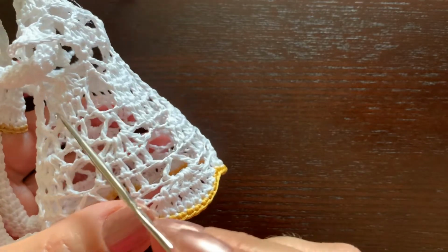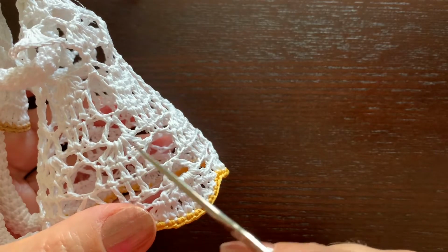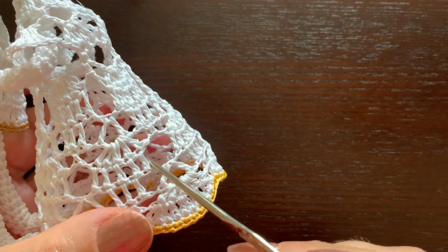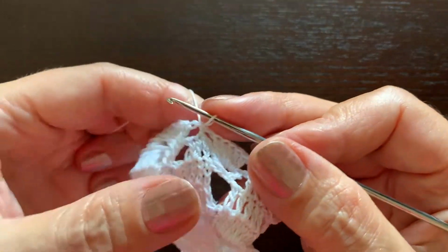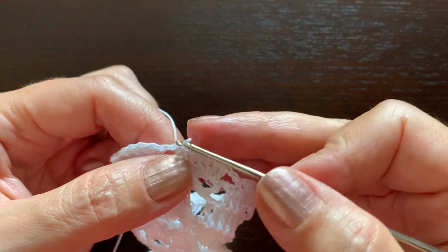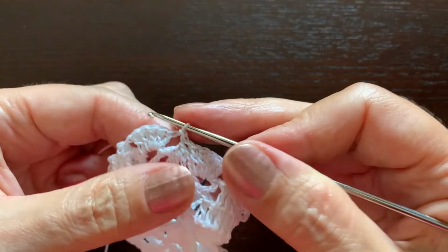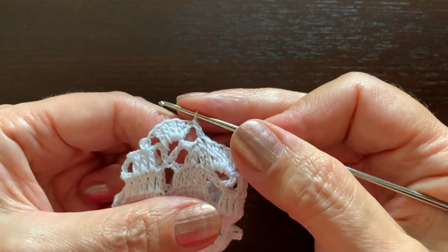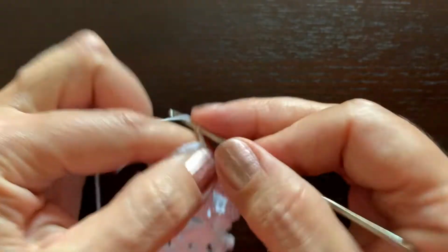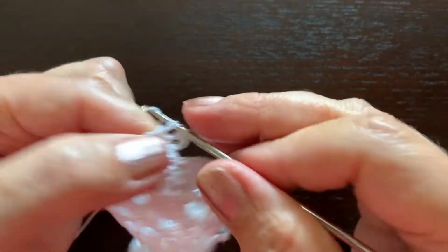Now we are repeating this round. In each of these 5 double crochets, we are going to make a double crochet and chain 3 between them. First of all, we need to make slip stitches. We are making the first here under this chain, and the second one in the first of the 5 double crochet stitches. Now chain 3, which will count as the first double crochet, and 4 more, 2, 3,